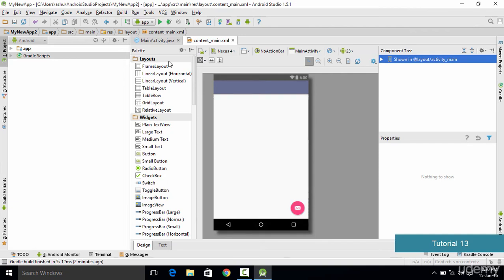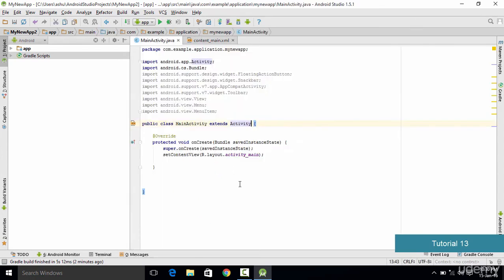Now once everything is deleted and cleared, the next thing which we need to do is go into this main activity.java file, and start writing the Java code for designing our interface. So before designing the interface, we need to use a certain layout so that the elements are placed on the screen in that manner. So in this case we'll be using relative layout. Now what relative layout means is that each and every element which is present on our activity is going to be placed in relation to each other. So if you don't understand relative layout right now, you need to hold on, and it will make more sense when we go into the depth of this tutorial.